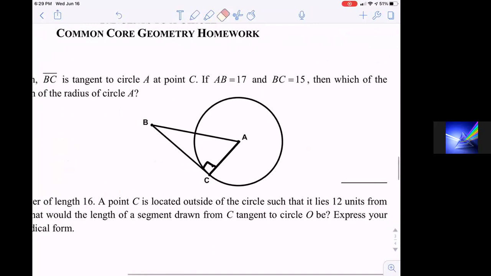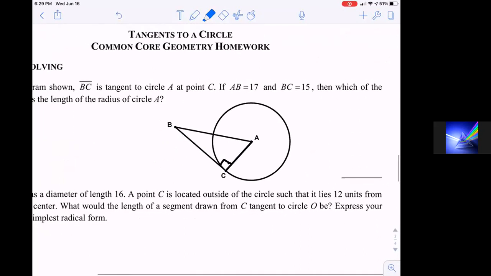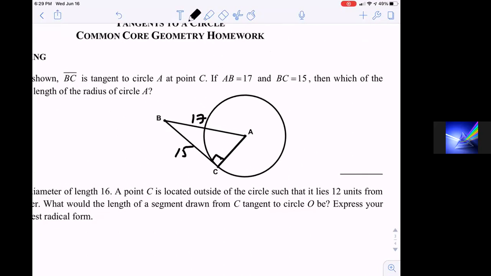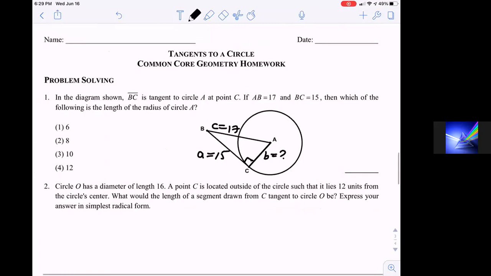Perpendicular to the tangent line. A tangent line is always perpendicular to the radius. We were told that the hypotenuse to that tangent line is 17. We were told that BC, the tangent line itself, is 15. And we're trying to find the radius, which is AC. This would be A. This would be B, which is the unknown. This would be C. We will use the Pythagorean theorem to